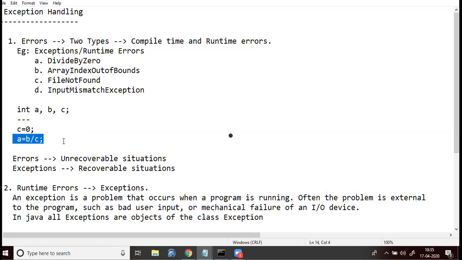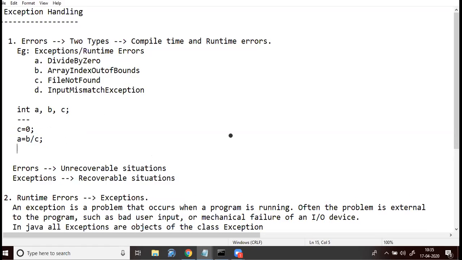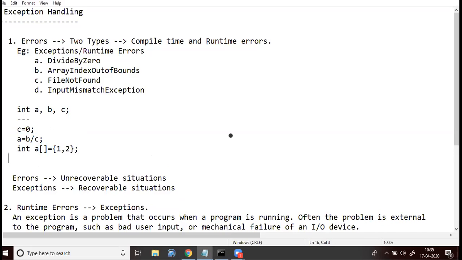Similarly, array index out of bounds. Say for example you are declaring an array like this: int a[] = {1, 2}. This array contains only two elements, 1 and 2. But say I am trying to access the third element. I am writing int k = a[3]. But actually it contains only two elements. It has only a[0] and a[1]. It does not even have a[2]. But you are trying. So what will happen?